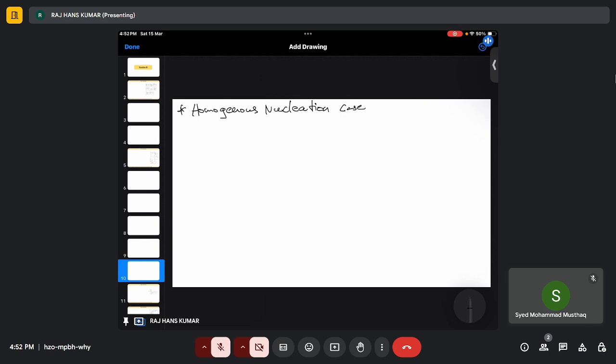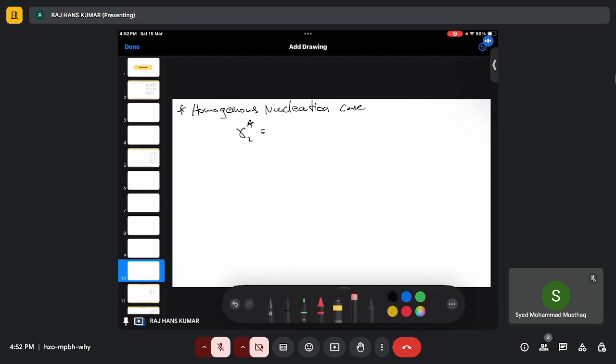Now we have defined our R star as what? R2 star. Let's not talk about the strain energy. Even though we can include the strain energy in this term, for simplicity, let's remove the strain energy part. The only change is that you have to remove some part of delta GV if you are adding a strain energy. So R star will simply be